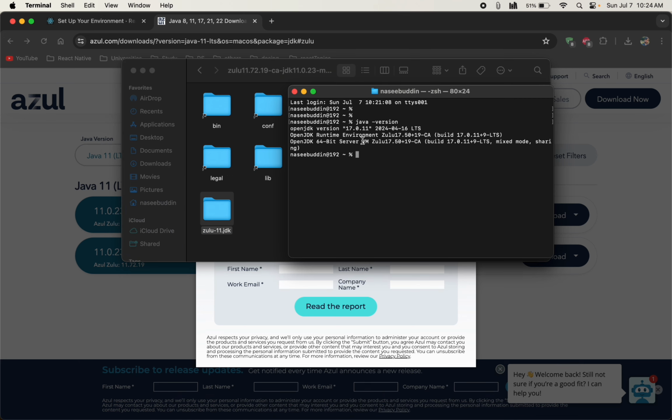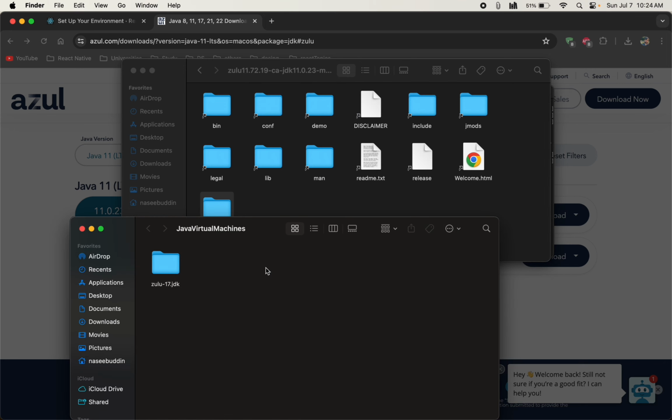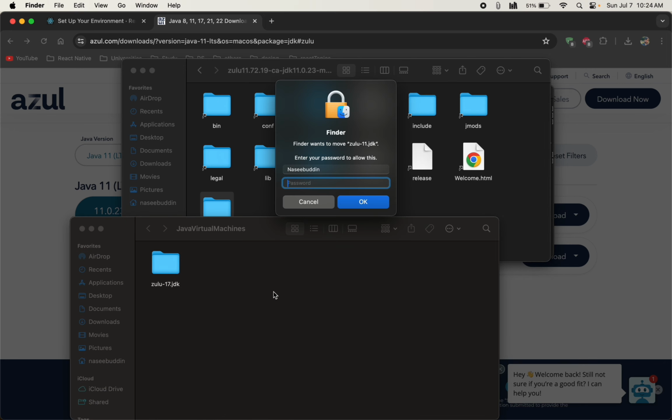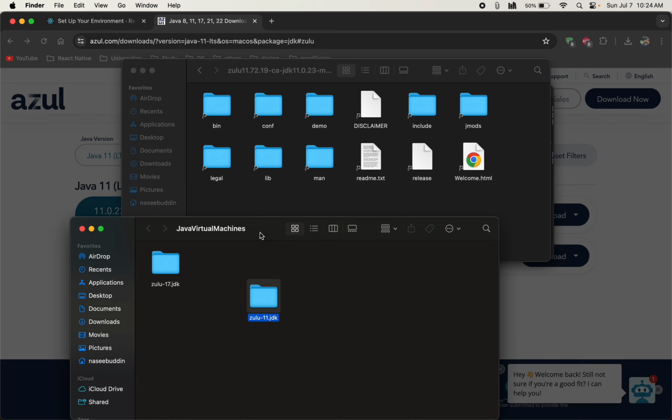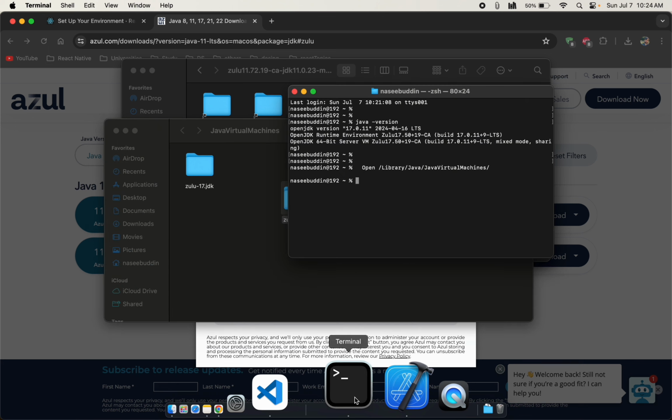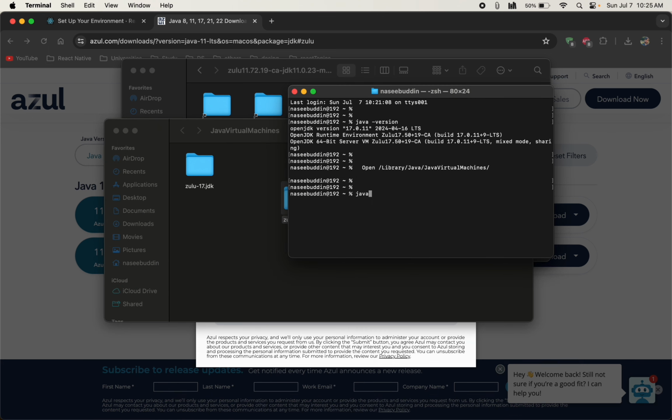So open the terminal now, just paste the command, open your Java folder, and you have only one, Java 17. Just take that folder and paste it, enter your password in here, enter it. You have two Java versions, but if you check the Java version, you will only see